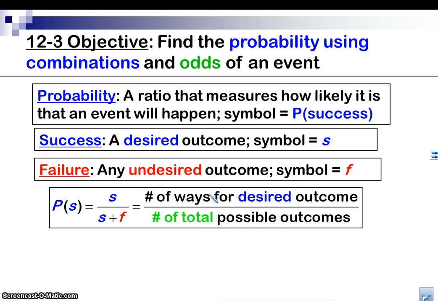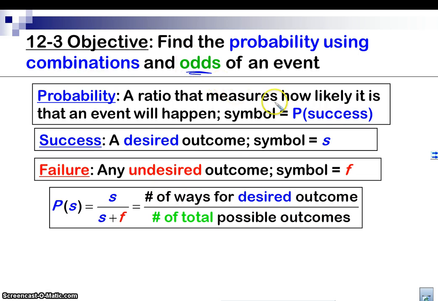I am going to talk to you about some probability problems and then look at finding the odds of an event. So let's take a look at this guy here, and we'll try to get through as quick as possible. This is just some review information about probability and the success and the failure. So I'm just labeling them as S and F here. Failure is the undesired outcome, and if you add the successes and the failures, it's the total number of possible outcomes, right? So let's go and take a look at some examples, and we're going to talk about what an